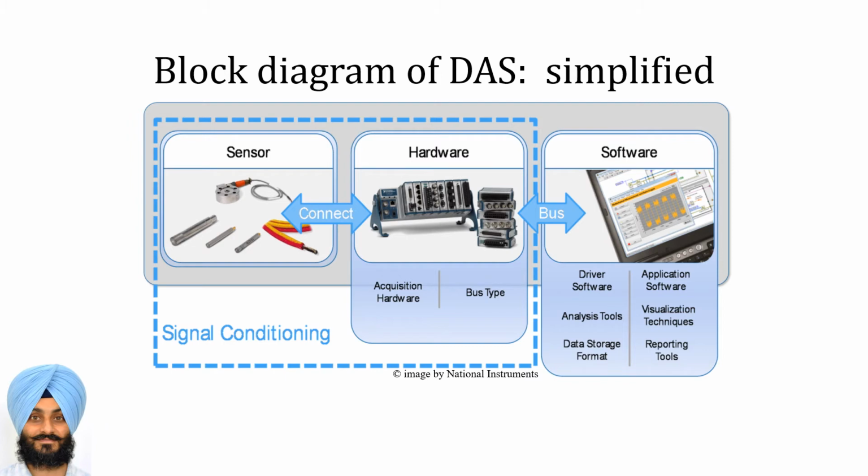If you see the diagram, it's clearly mentioned in the block diagram also that signal conditioning is very important, and that is the basic objective of this course. We will discuss how we can get the information from the sensor and transducer in a better way, do its conditioning, convert it from analog to digital, and then connect to the computer through some bus. And we can also think about some kind of software drivers.